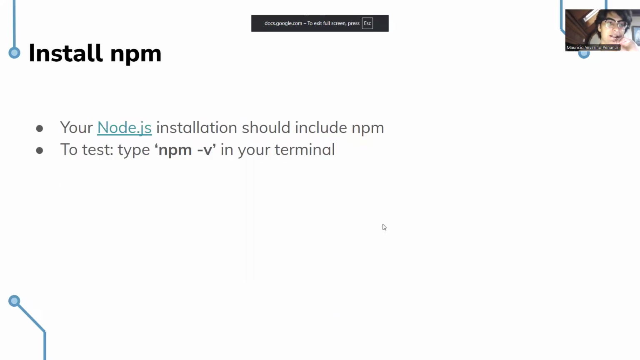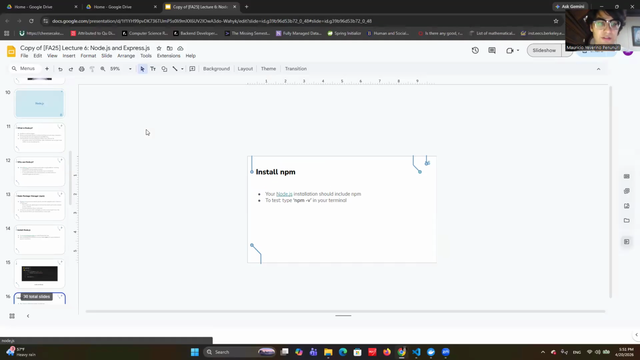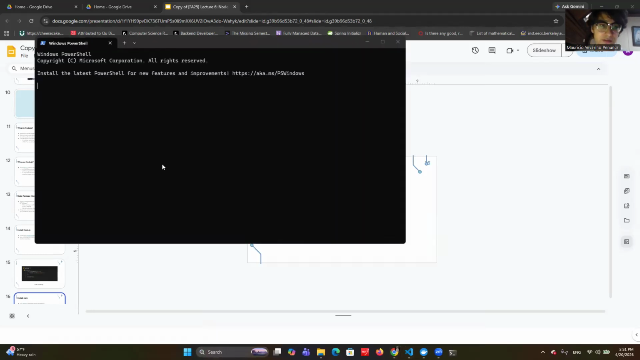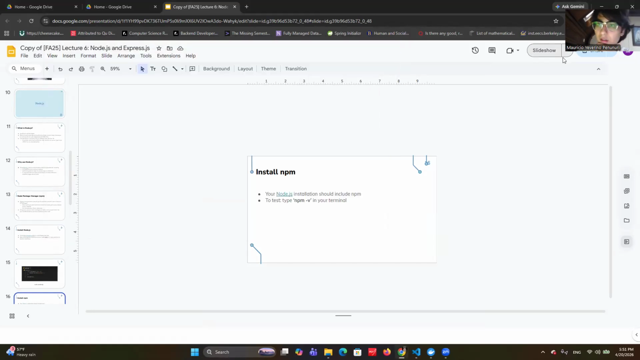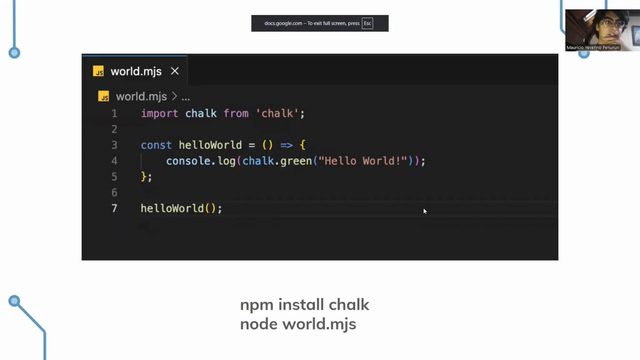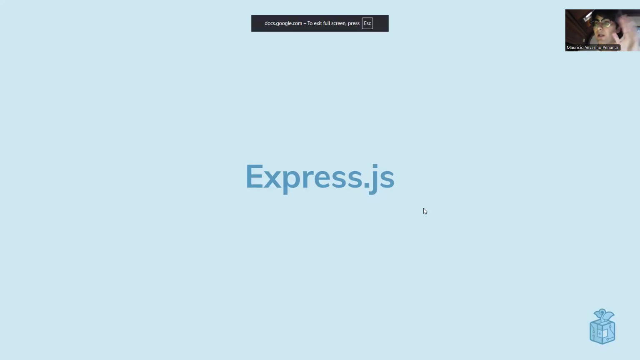Anyways, so we installed Node.js, and along with your installation of Node.js, npm should be installed. So we go again, in this case PowerShell, and on Mac it will be terminal, and you do npm -v. We see here it's installed as well. Anyways, let's move on. So now, another tool that we're gonna have to learn how to use is something called